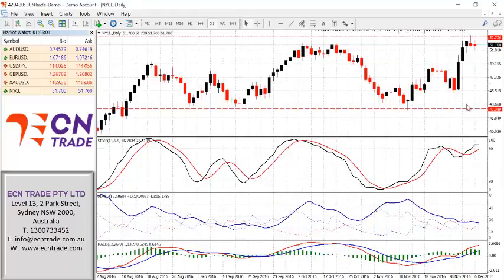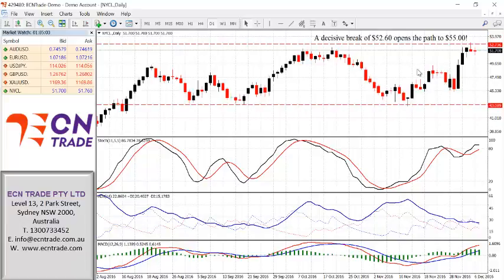And to wrap up with oil, the market is still pretty much holding beneath that 52.60 level after 2 days of absence from the bulls. In light of the current pattern, I do expect to see one more challenge towards the top side, and if we do get a break above 52.60, then this will give further scope up towards $55 as a potential objective. As I say, if the market fails to take out 52.60, then a decline would be warranted towards 49.20, and a break underneath there gives further scope towards 47.50 to 46.50.